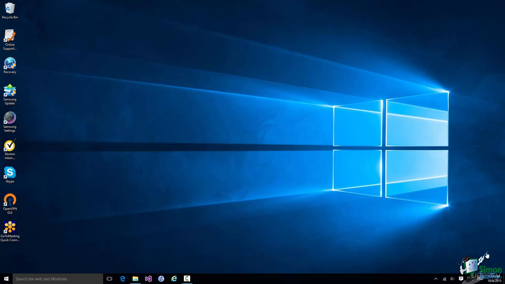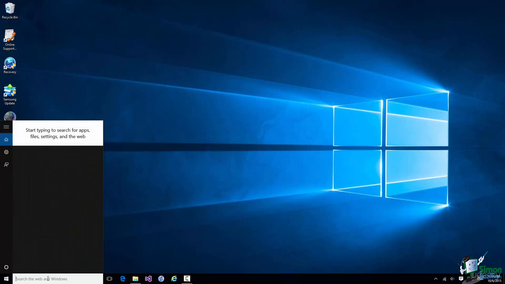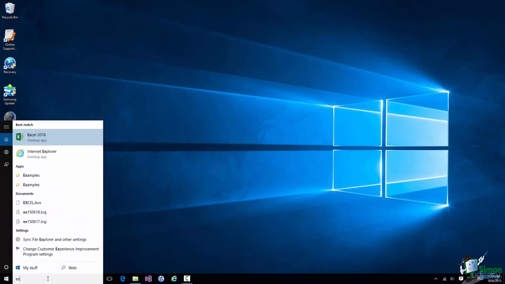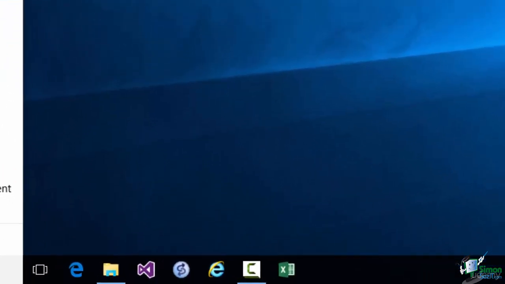Now, if you're not sure how to do those things, go to Microsoft.com, search on those. There are various links there to explain how to do it. In the case of Windows 10, if I just click in the search box down the bottom here and start typing Excel, I soon see Excel 2016. If I right click on that, one of the options is Pin to Taskbar, and I now have a little icon on the taskbar which I can use as a shortcut for starting Excel. Let me now click on that icon